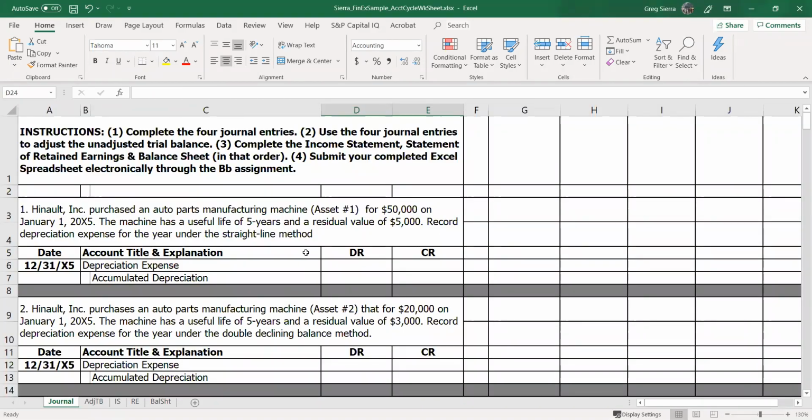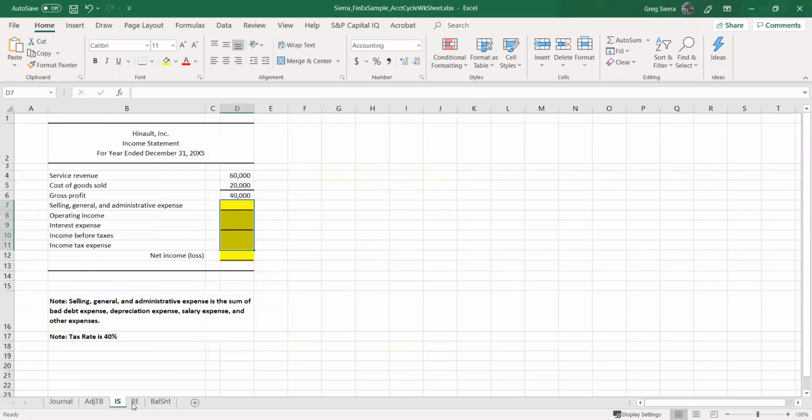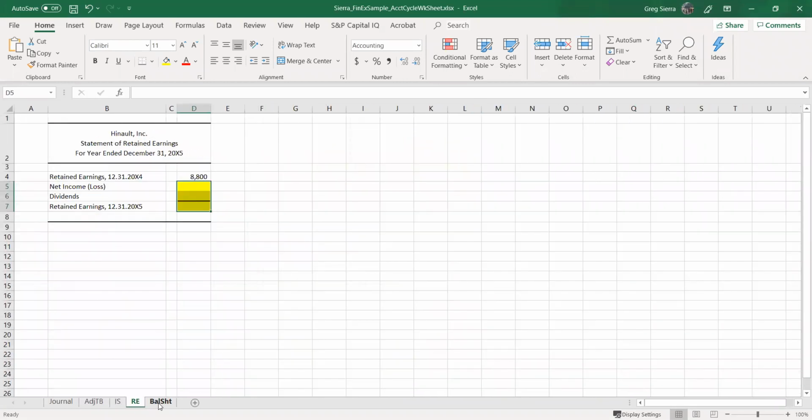Hi, this is Account 200 and an accounting cycle problem. In this problem, what we have set up are some adjusting journal entries. Then you have to do the adjusted trial balance, create the income statement, statement of retained earnings, and the balance